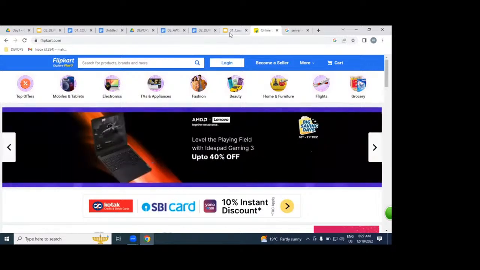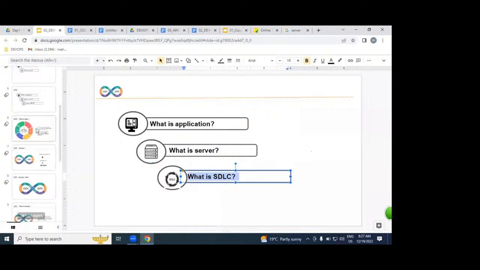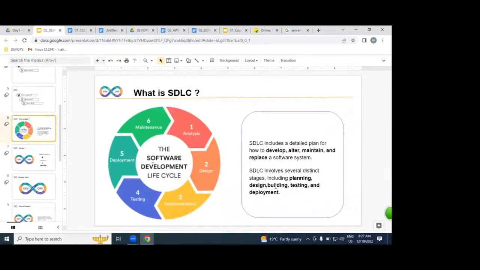But the next question is pending, guys. Please tell me, what is SDLC? How many people are aware of this? Online students can reply in the chat box. If you know, say yes sir, I know it.